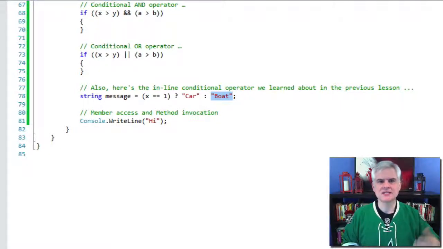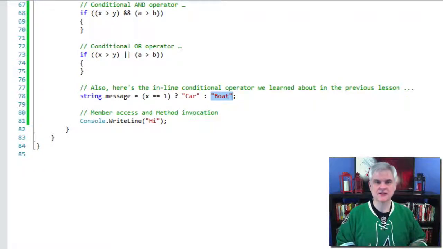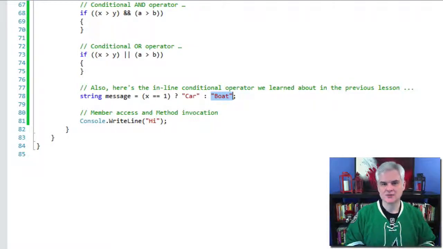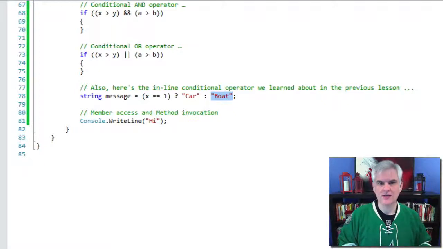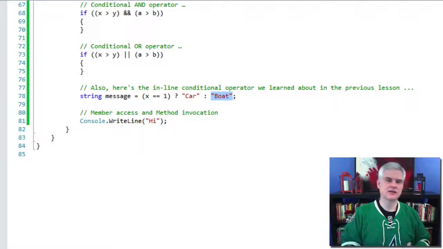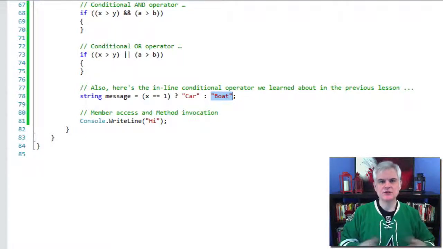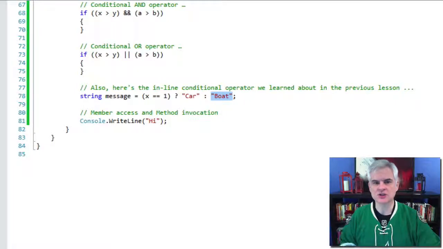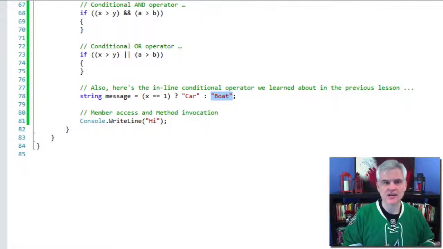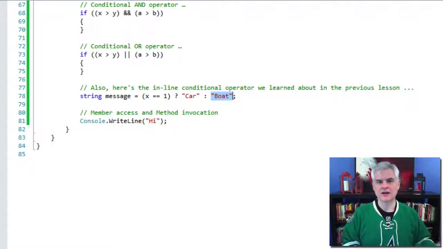All right, so in each of these cases that we just saw, an expression is made up of a combination of operands like literal strings, variables, objects like the console class, and so on, and operators like those we just looked at, the addition operators, string concatenation operators, conditional and or operators, and so on. And so you use expressions to form statements, which are how the actions or the instructions of an application are expressed. And we've already seen several great examples of statements so far when we've written our applications.